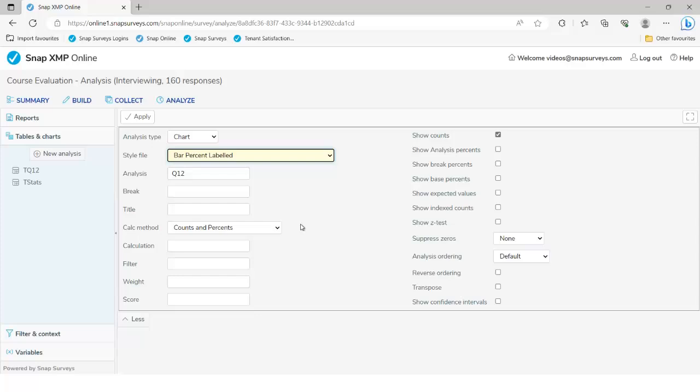But this is where we just need to be a little bit careful, because as I said, a chart is just a table in the background with some colours and disguise on it. The disguise is here: it's going to make it look like a colourful chart with some percents on. The actual table in the background is being calculated with counts. So it's really important, if we want the percentage calculation to take place, that we actually tick percents. And it's also important you only choose one or the other. So if I apply,